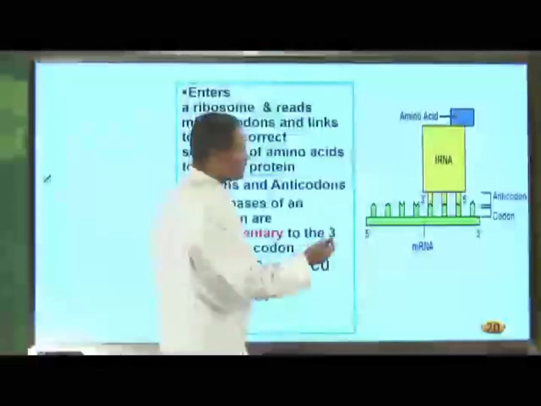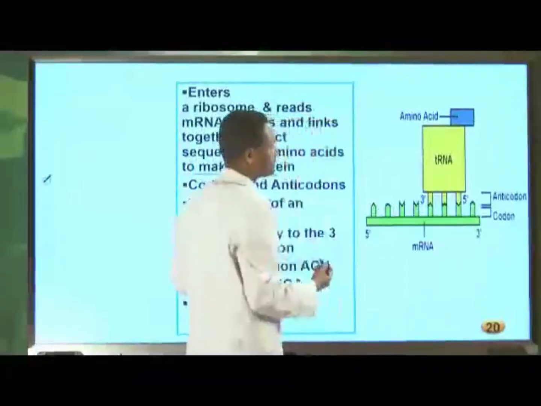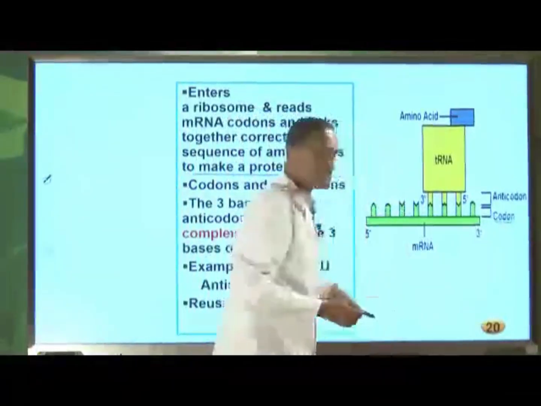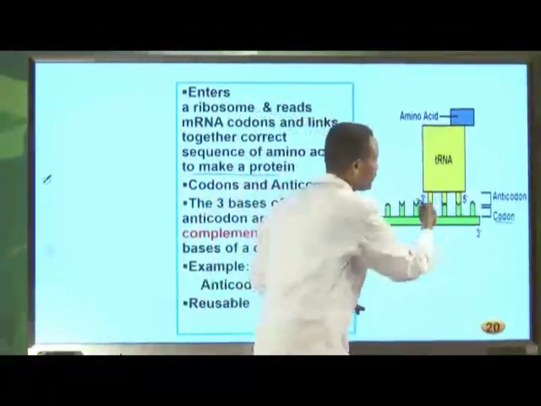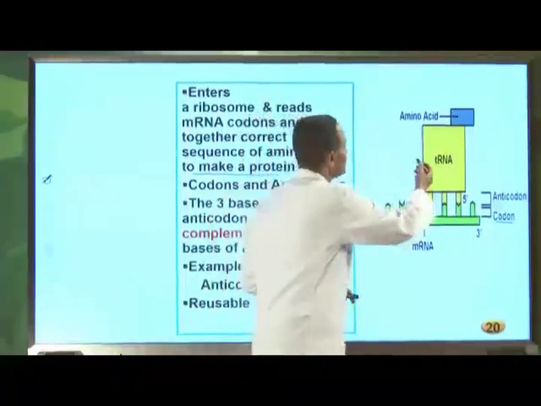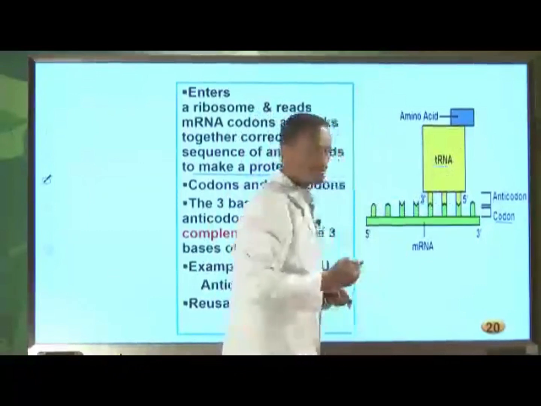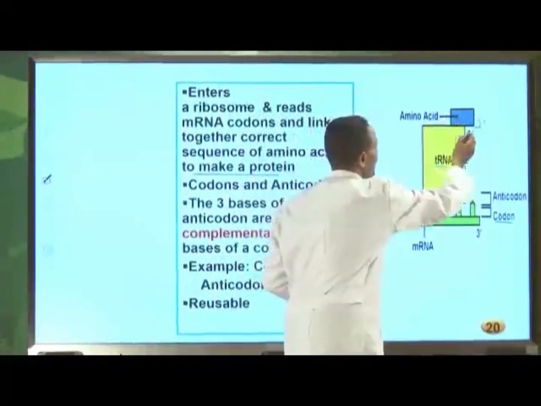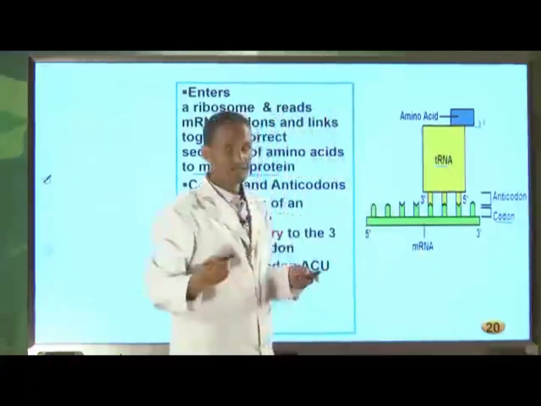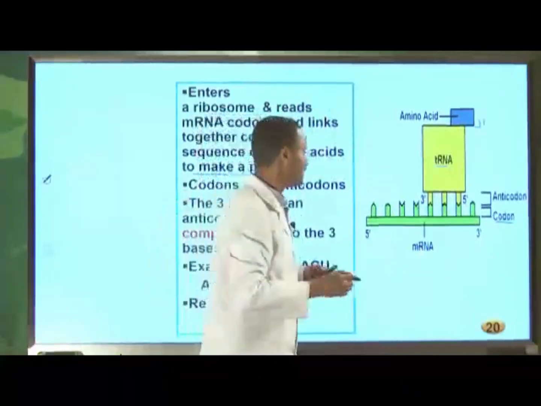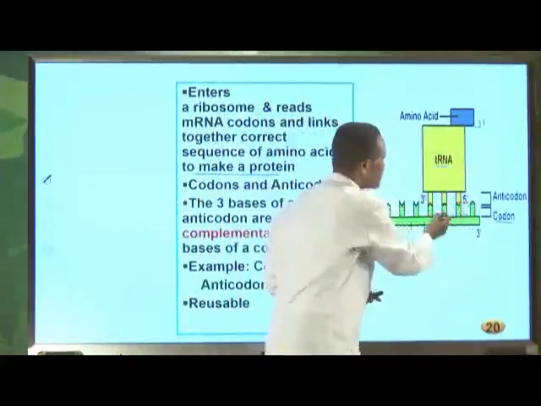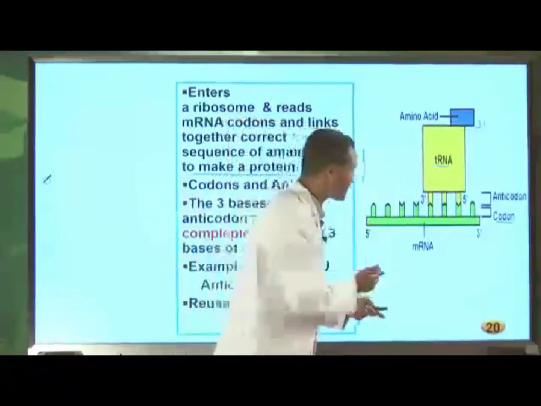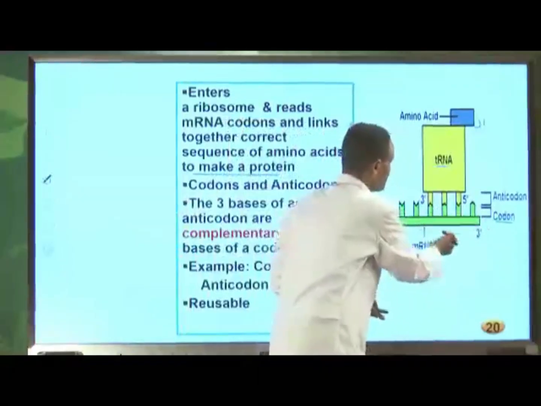Here, this is the messenger RNA. Now, in this messenger RNA, there is a base sequence which we call the codon. But again, this is the transfer RNA. At one side, the 3' side of the transfer RNA, there is the site at which the amino acid is attached. Then the transfer RNA brings the amino acid from the cytoplasm to the ribosome and reads the codon on messenger